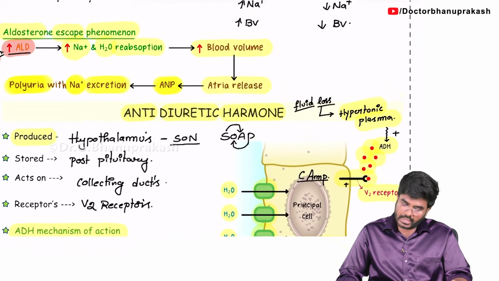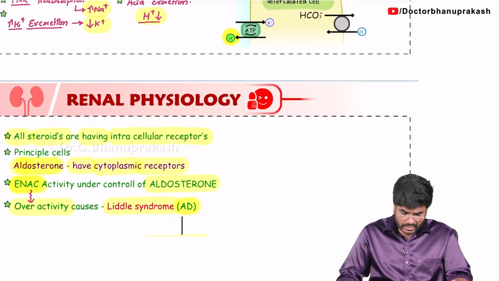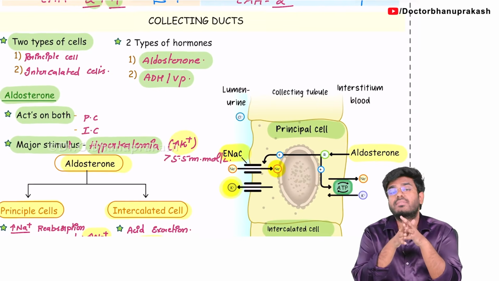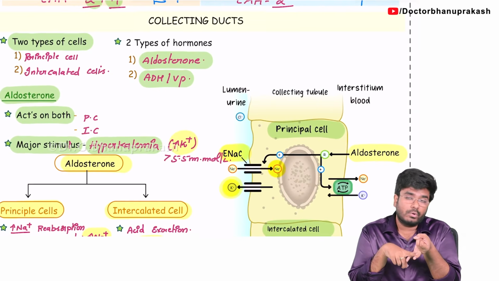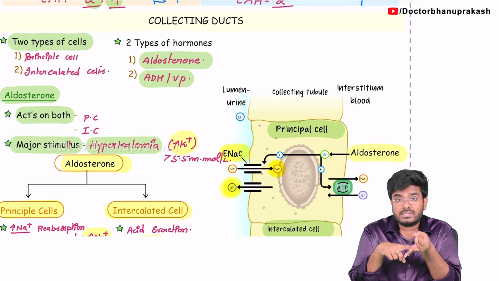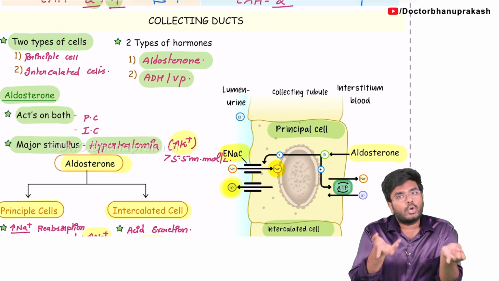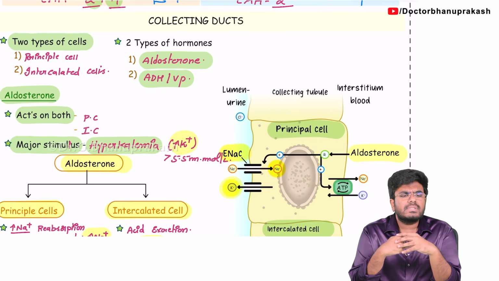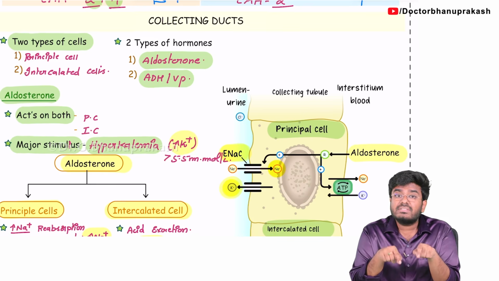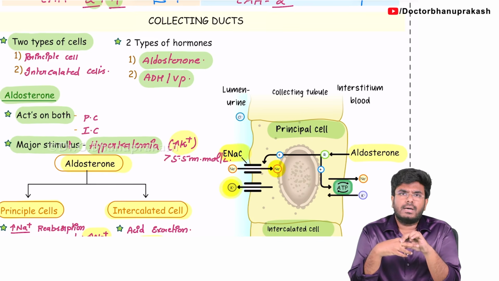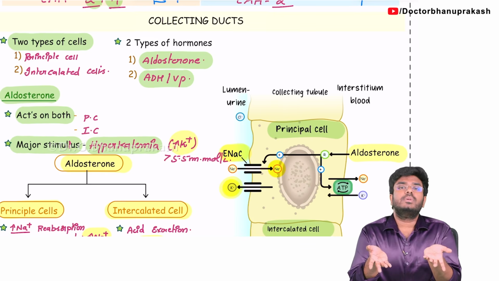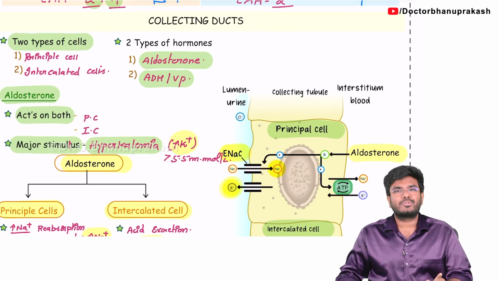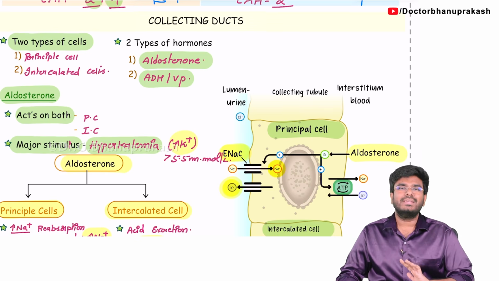So, with this we have successfully completed the topic of the collecting duct also. We have seen how aldosterone is acting on the collecting ducts. The two abnormalities of aldosterone, Conn syndrome and Liddle syndrome, we have seen. Where aldosterone levels are decreased, Liddle syndrome. Where aldosterone levels are increased, Conn syndrome. In the same way, where the antidiuretic hormone levels are increased, ADH levels more, that is SIADH. Where the ADH levels are going to be less, that is central diabetes insipidus. So, we have completed the topic of diabetes insipidus and SIADH, and the collecting duct topic is completed.